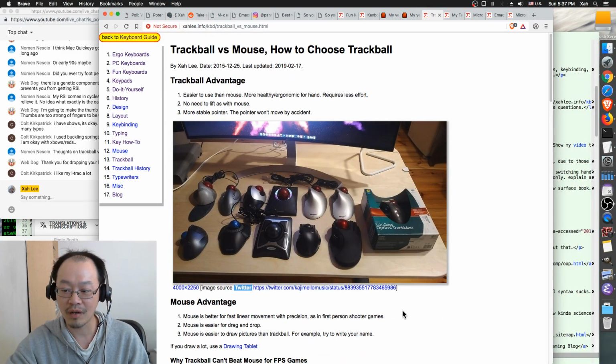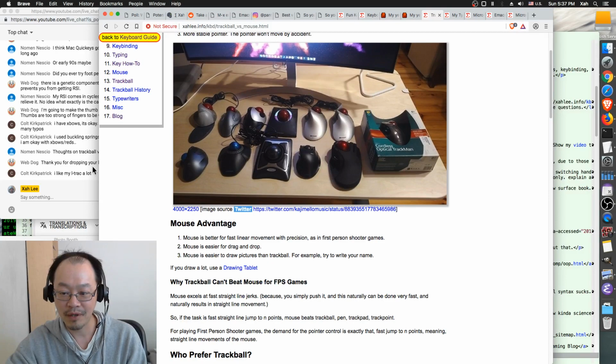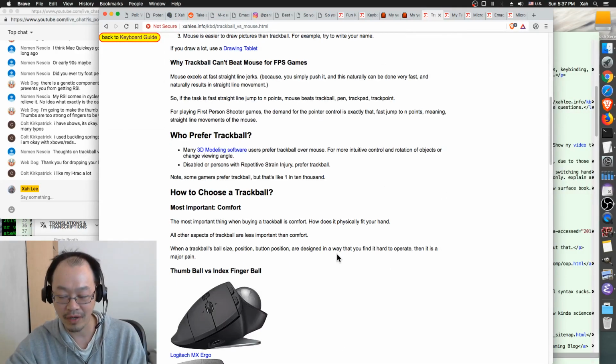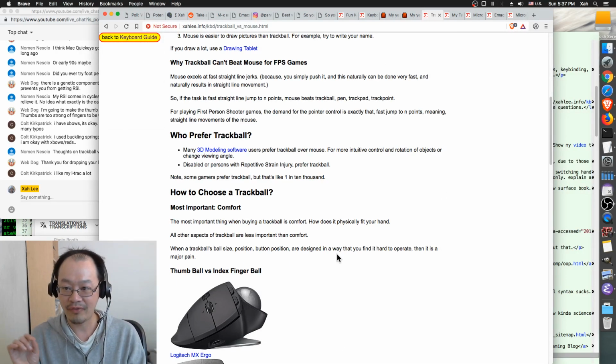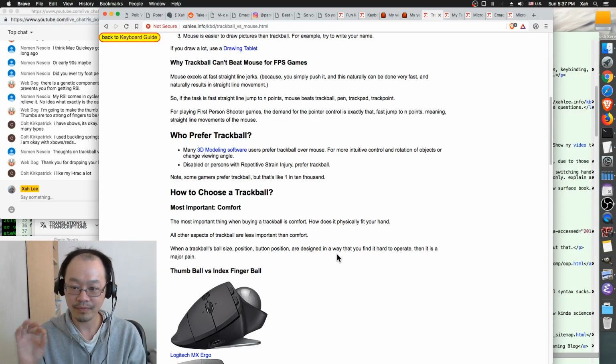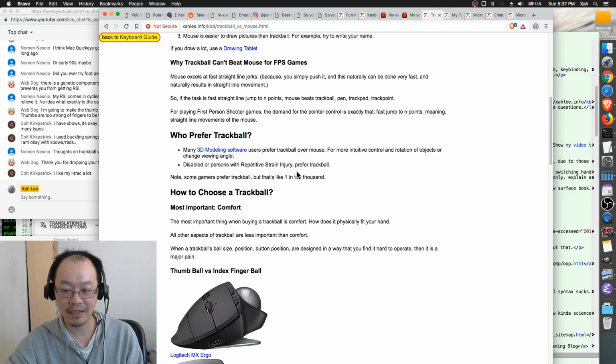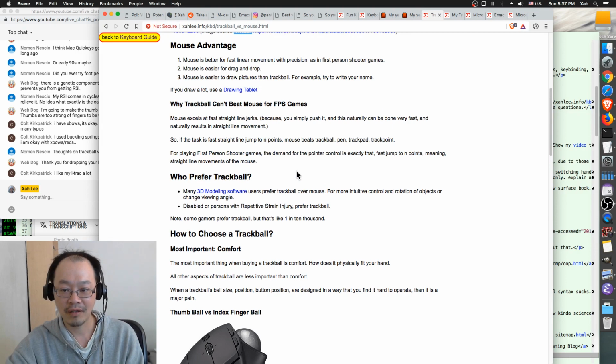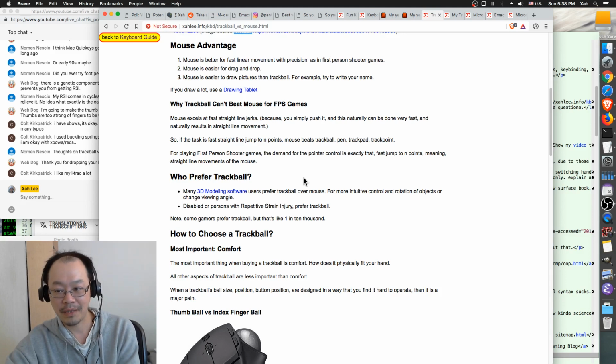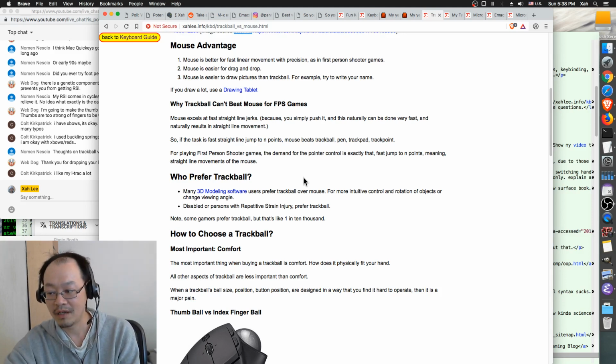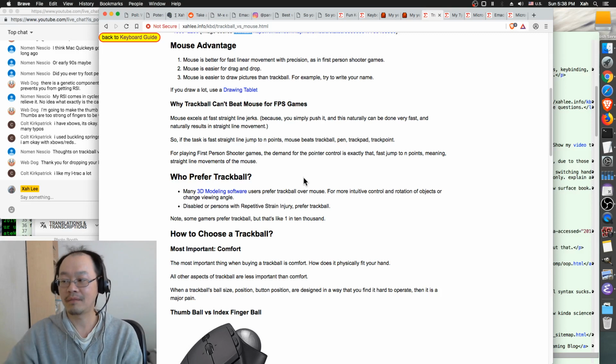With mouse, it's also more accurate. If you are playing fighting games, what they call first person shooter games, the mouse is, in my opinion, scientifically more efficient, meaning more accurate.